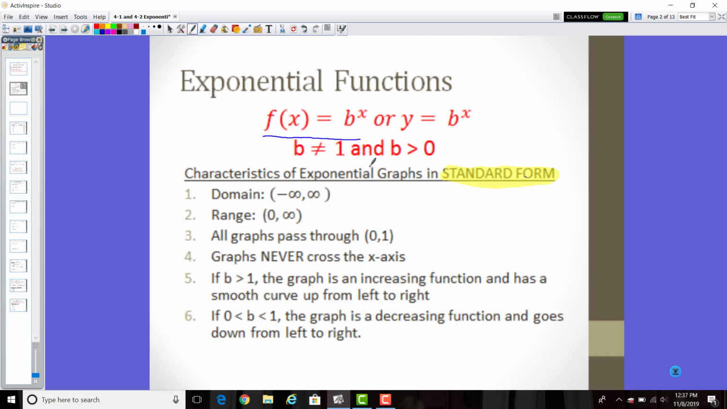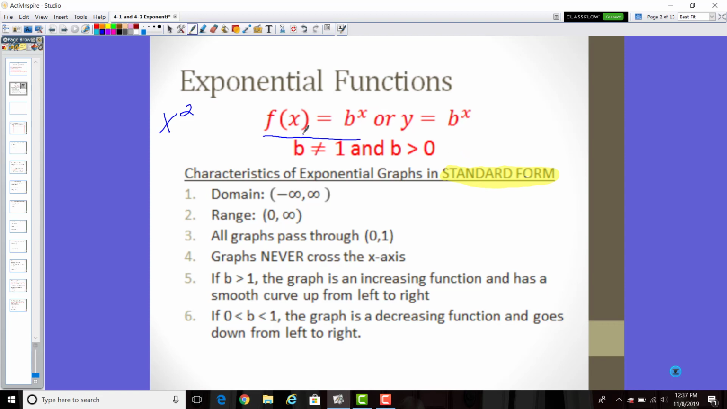Now what makes this different than a quadratic function? Well, in a quadratic function, our base is our variable and our exponent stays the same. In an exponential function, our base stays the same. Our exponent is what is going to change. So b to the x power, or base to any power of a variable, is what we consider to be